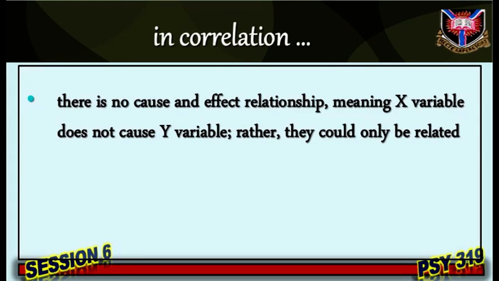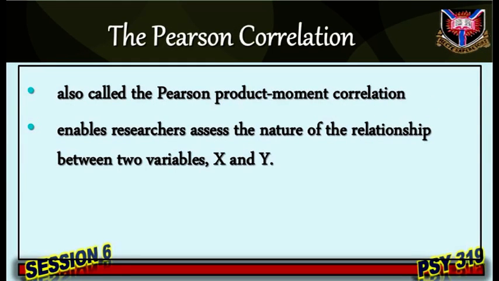Finally, it is worth noting that in correlation, there is no cause and effect relationship, meaning the x variable does not cause the y variable; rather they could only be related. Within the scope of this course, you will be limited to Pearson r and Spearman rank order correlation, rho. The Pearson correlation, which is also called the Pearson product moment correlation, specifically enables researchers